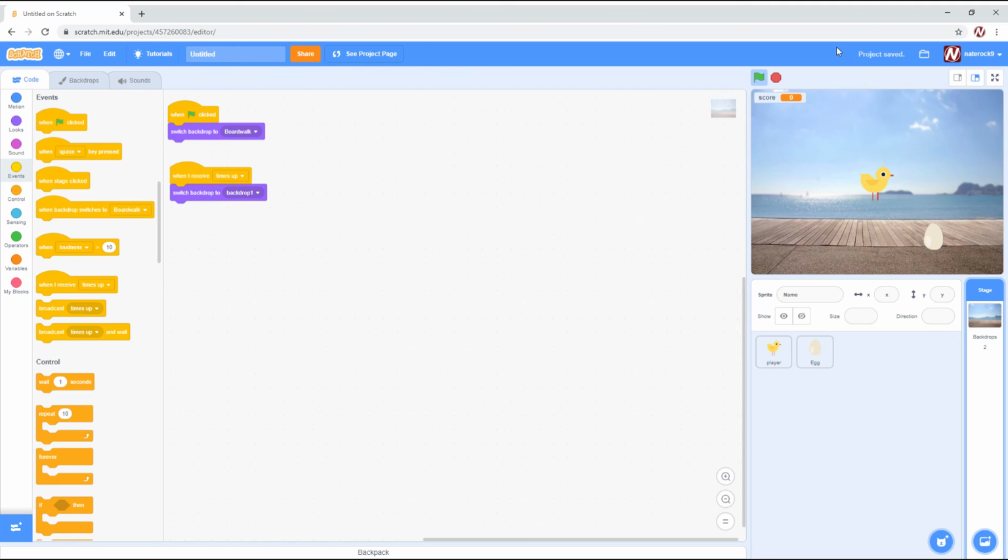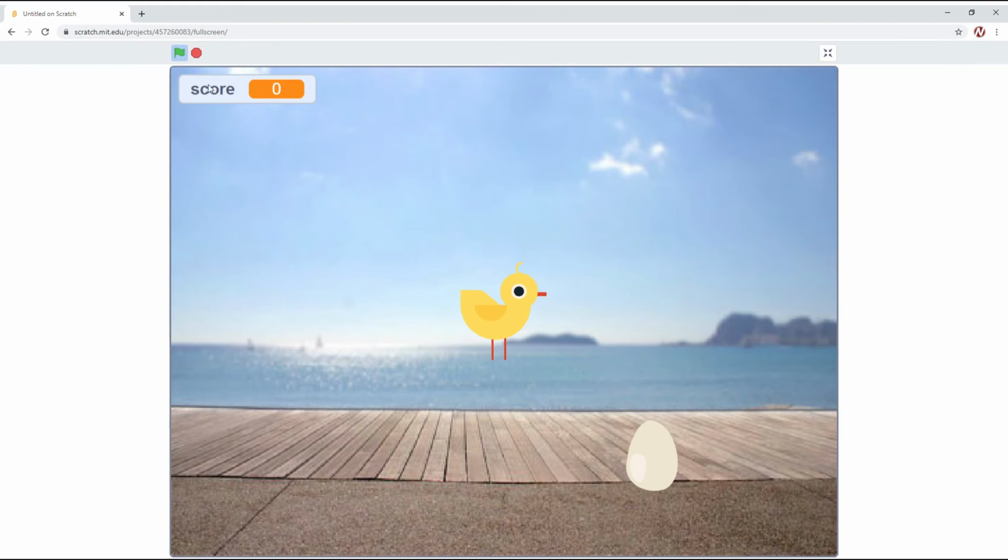So, if you signed in, or maybe if you didn't, I don't know, there should be a little save project. This will save your project, so that you won't have to risk losing all your progress in the project. As you can see, when we play the game, an egg goes to a random position, and we can collect it, and our score will go up. Keep going to the egg. Then, once we play for a minute,